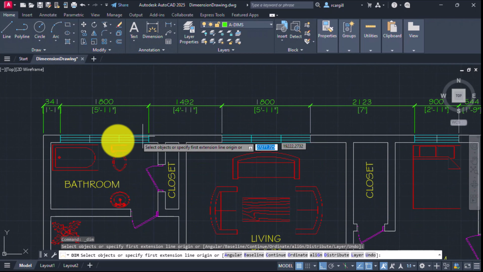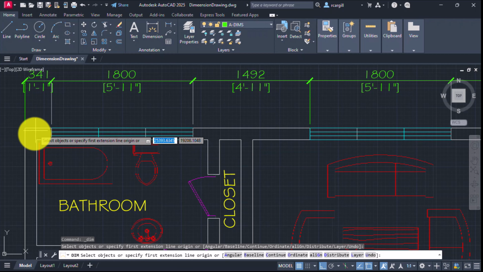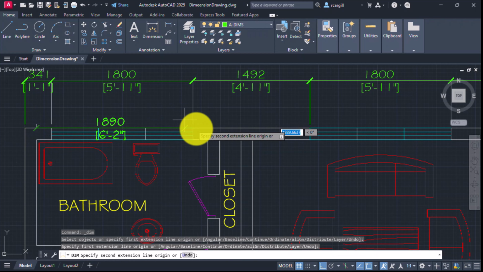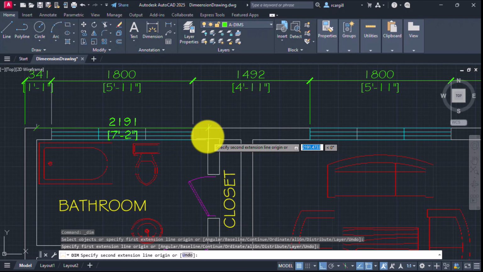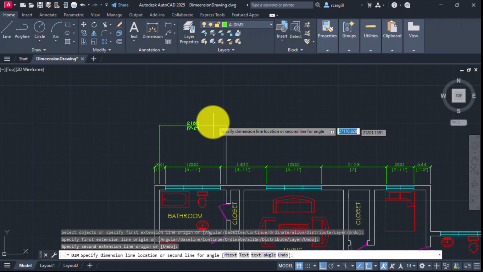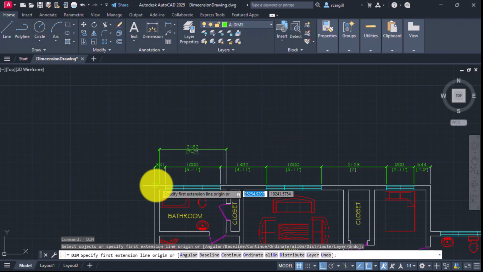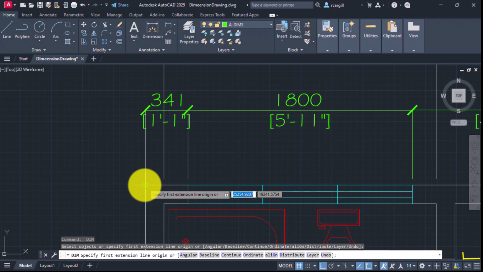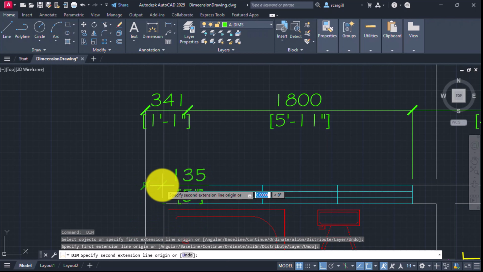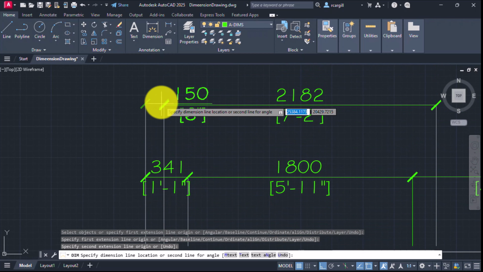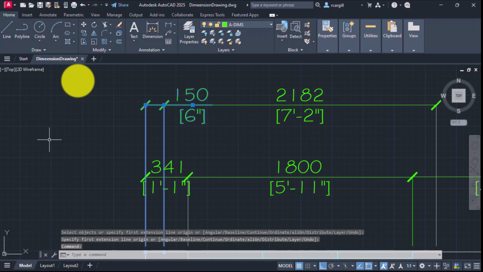So for example, if I wanted to dimension this bathroom, I would dimension from here, and I'll come over here where the bathroom ends right here, and I would dimension this and bring this up by 1200 millimeters like that. And then now let's say I wanted to dimension this wall width, so I would dimension from here to here, bring this up to here, and then I could click this and I can move this if I wanted to,